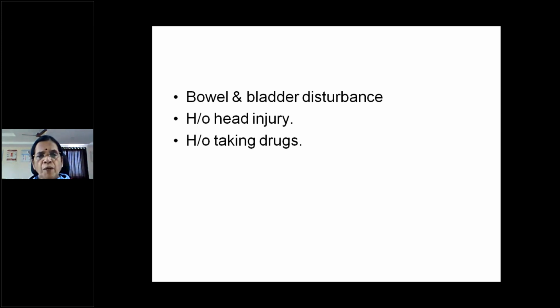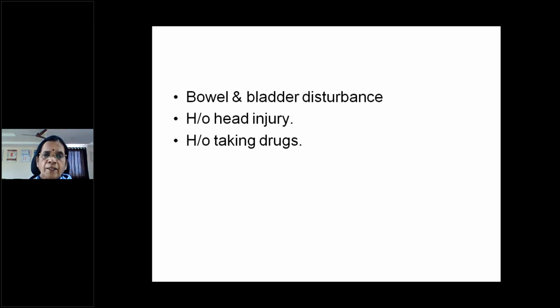This is very important. Sometimes the patient may forget about his head injury. A few months before he might have had a head injury and forgotten it, and externally there may not be any injury. If he comes with a neurological deficit, you have to exclude whether the neurological symptoms are related to head injury or not. It can be confirmed by neurological examination and investigations like CT or MRI.